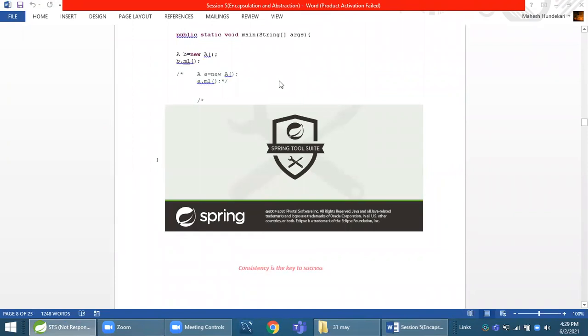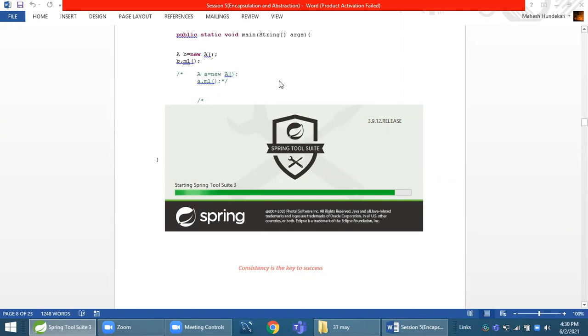Private members are accessed within the same class. Public members are accessed everywhere in a package or in a project. Protected members are accessible within a package and outside a package, but only in a child class. Private will be accessed within the same class only.